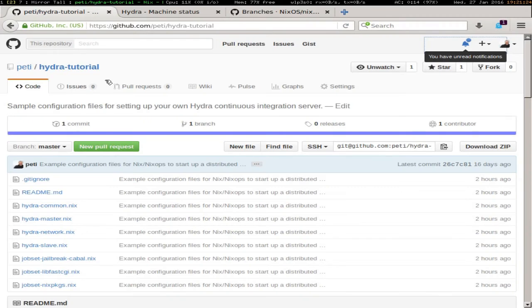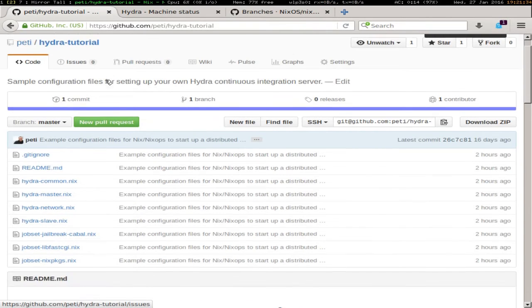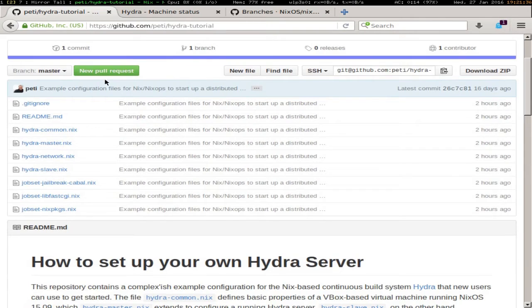A little earlier, I sent around a URL. I'm not sure if everybody saw it. That's this repository, and all the stuff I'll be using is in this repository. The files that are actually interesting if you want to set up your own Hydra server are those Hydra master and Hydra slave. The Hydra master is essentially a configuration.nix file that configures Hydra, and the slave configures a build slave for Hydra. And then these other files are mostly examples, and this Hydra network file is for NixOS that